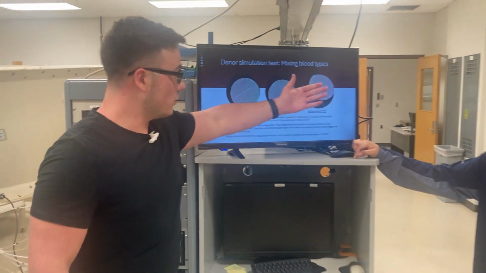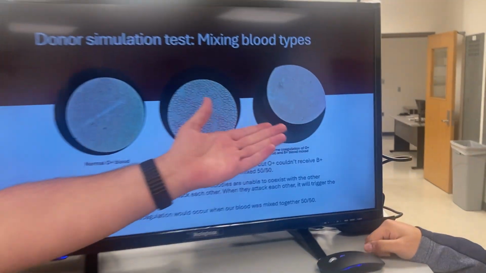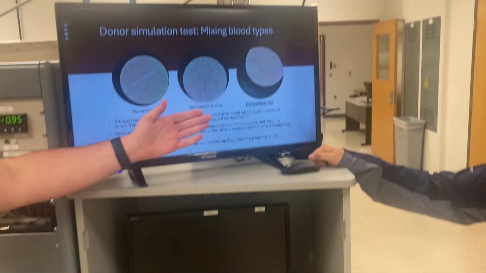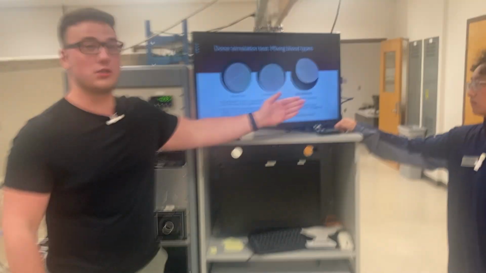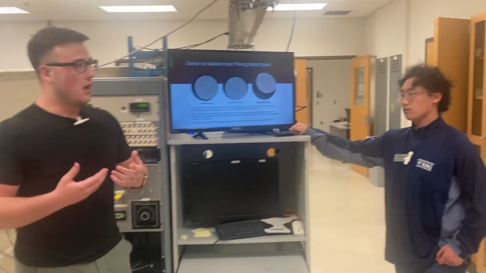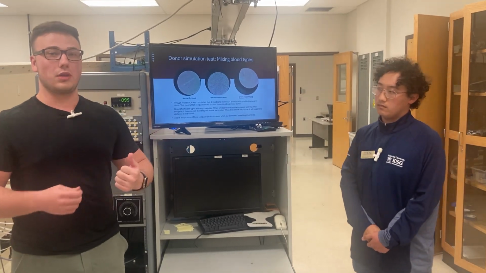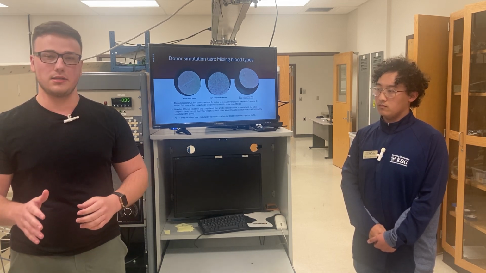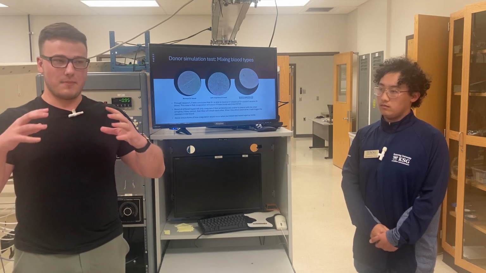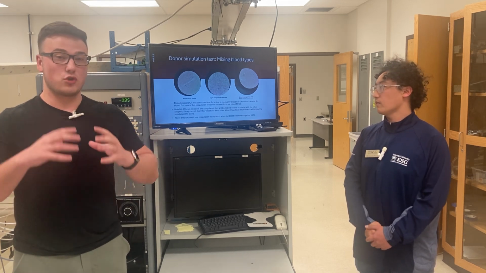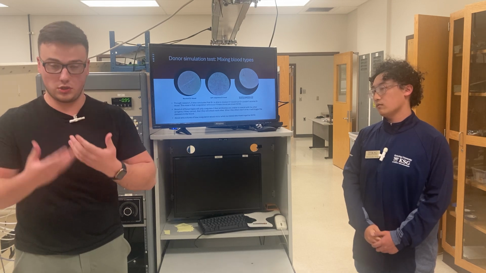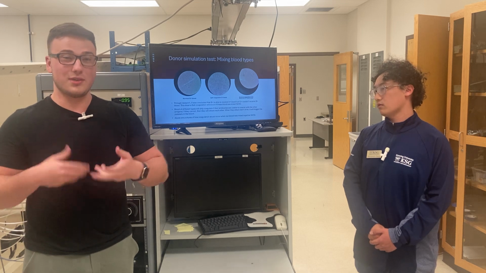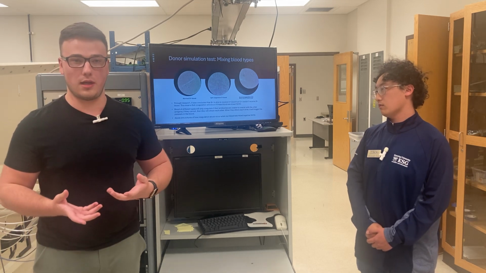Essentially, you can see the cell walls are super compact together, very closely meshed. We got this picture almost immediately as soon as we mixed our blood. That's because the antigens attack the antibodies, and when that attacking occurs, it triggers your platelets, and they form that mesh and start artificially doing it, even though they're not supposed to. They do that thinking that there's something wrong with the bloodstream.